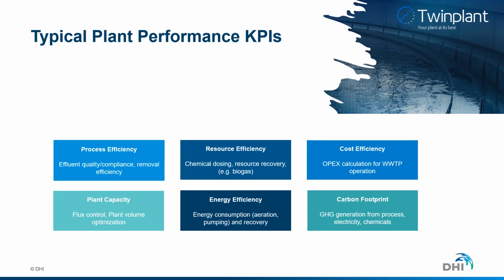important. You can get an OPEX calculation for your entire treatment plant operation. Plant capacity can create large savings because it can postpone, or at least push back, major capital investments in infrastructure. So if you are in need of capacity, that's often a big gain. Energy efficiency is very typical, and also carbon footprint, greenhouse gas emissions. So those are probably the most typical goals that you want to work with when you do a Twin Plant